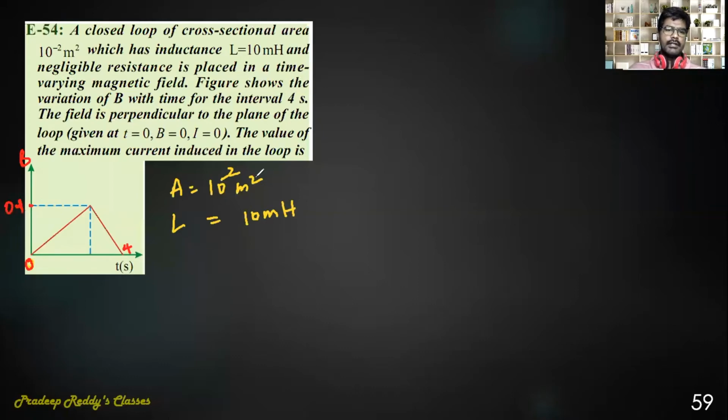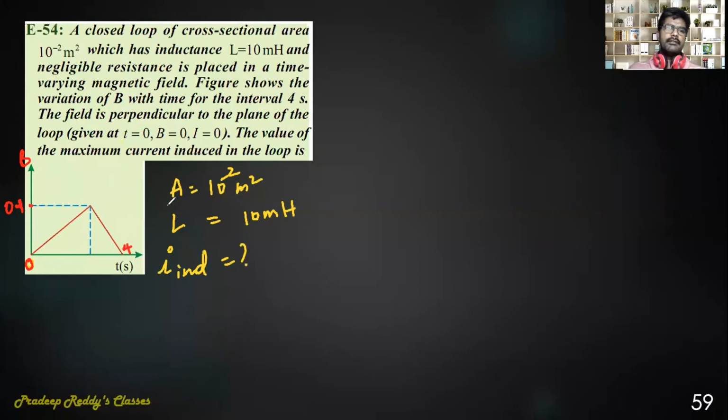L value is given, time taken is 4 seconds. The field is perpendicular to the plane of the loop, and at t equal to 0, B is equal to 0 and current I is also equal to 0. The value of the maximum current induced in the loop, you are supposed to calculate. I induced is equal to how much? So in order to find out induced current I,